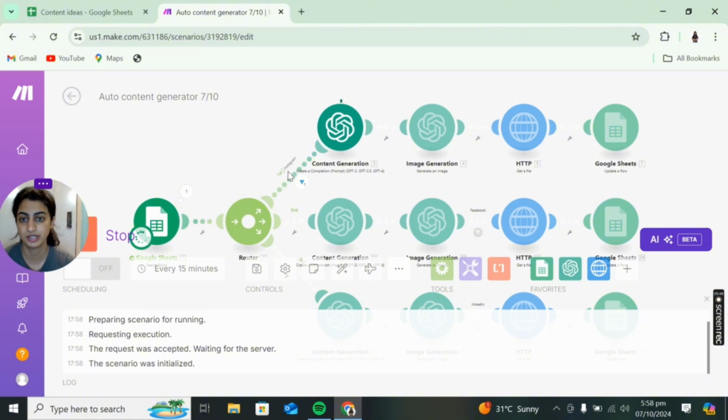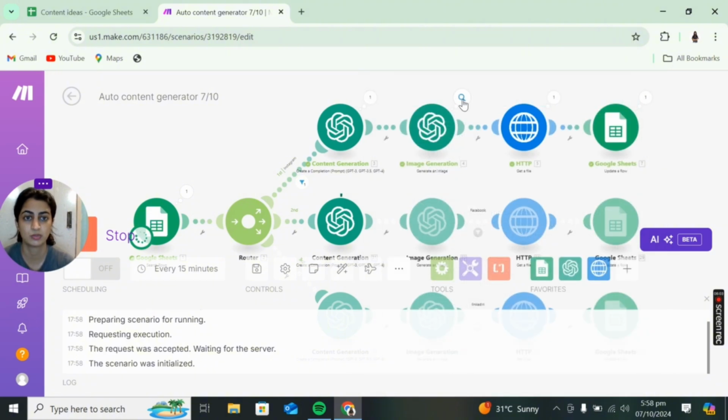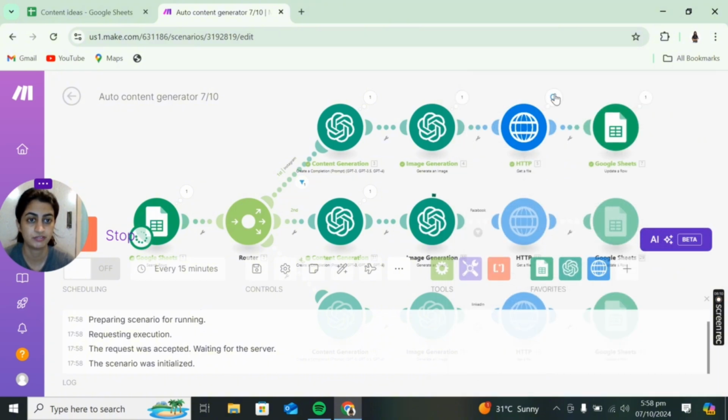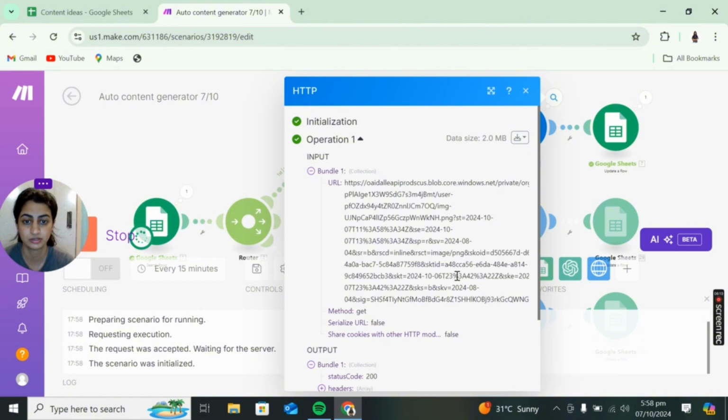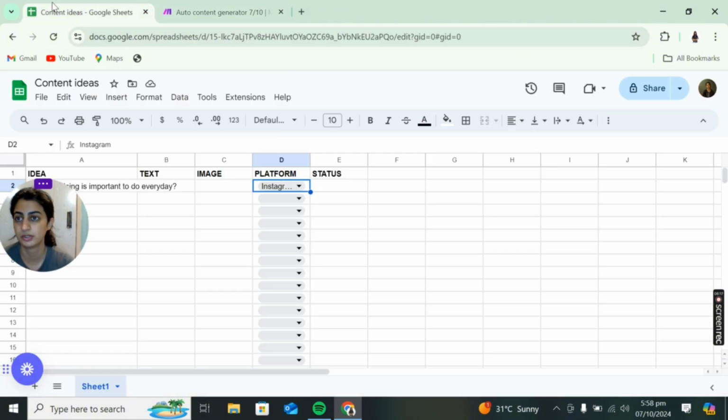So it automatically knew that we have to go through the Instagram route, and the content has been generated. Commit to be fit. Exercising isn't just about body goals, it's about a healthier, happier you. Let's work for wellness every day. We have some emojis and some hashtags as well. Then we have our image here, and the link of the image collected with the HTTP module is being fed over